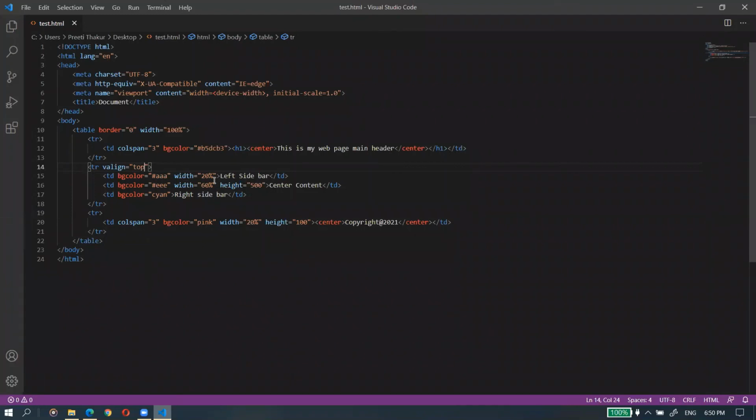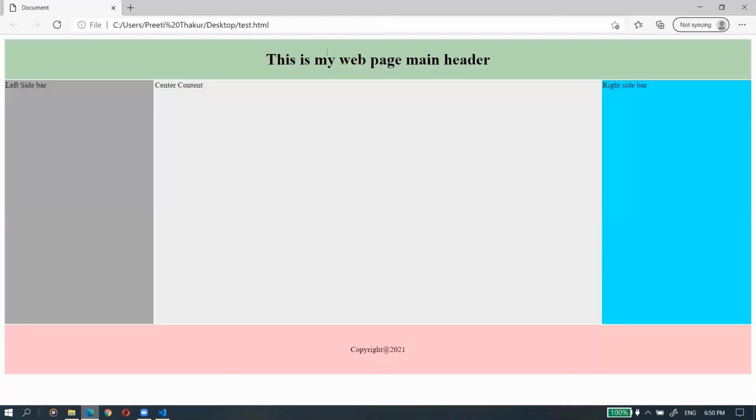If I want to make this left sidebar a hyperlink, what I have to do, I have to just put an anchor tag, and here I can write left sidebar. Now it will become a link. Let's just check it out. So now it is a link, you can see.